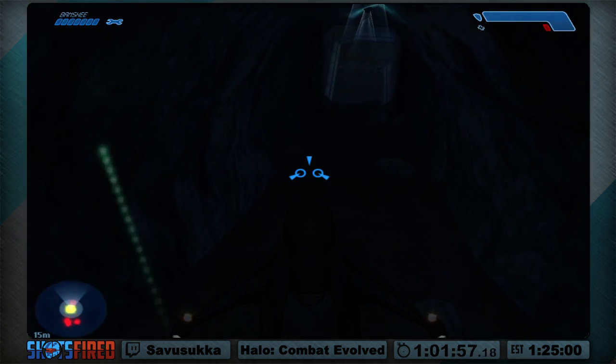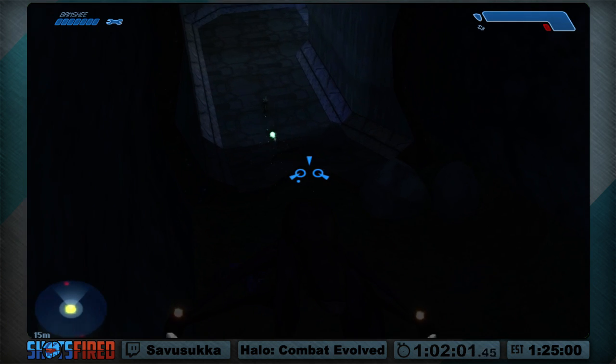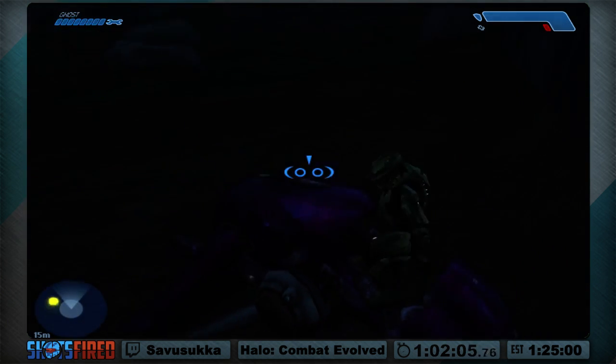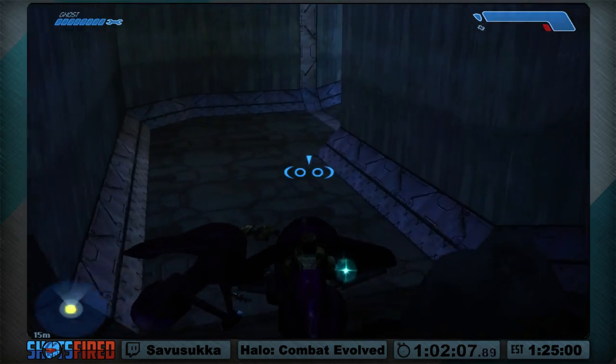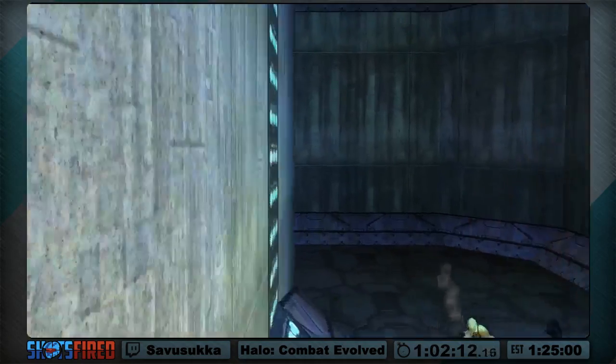I'm going to randomly die here, because these flood up ahead have rocket launchers, and if you're in the Banshee, one rocket will kill you. If you're in the Ghost and have a bunch of health, then rockets will usually not kill you straight up, but